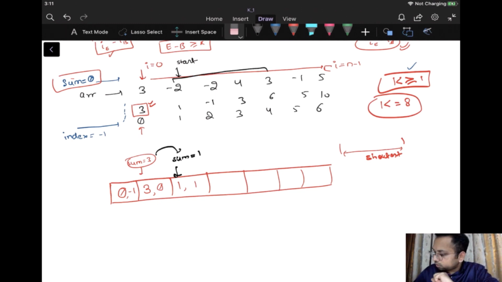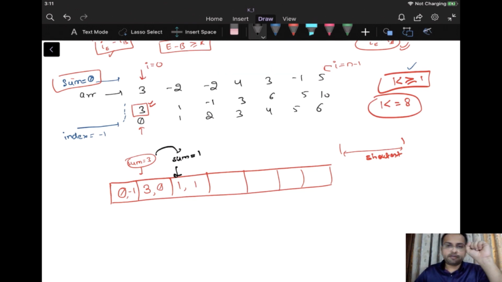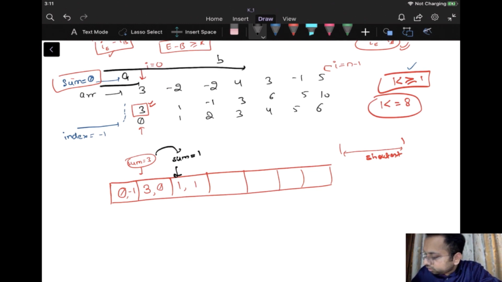And I have told you earlier as well, whenever we are trying to take the sum or find the range, we take A and we take B, right? In this B minus A, if I ask you what is the sum of this particular range, B minus A is going to give me the sum at this point, which is 3, and the sum at A is 3.